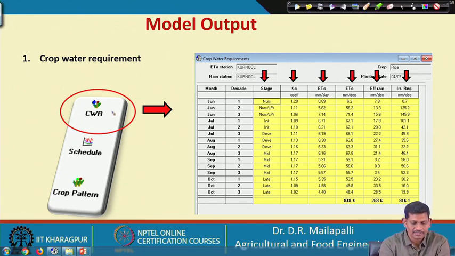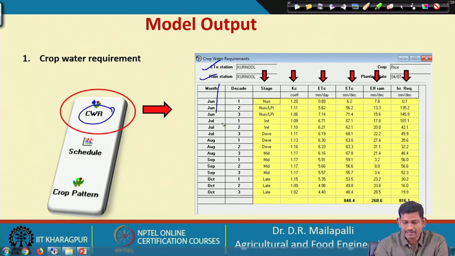If you see crop water requirement, CWR, the window looks like this: ET0 station, rain station, and then the month in column number 1, then decade. Decade in the sense the first 10 days, second 10 days, third 10 days, okay, in a month. So, a stage here, nursery stage, right, all these stages are given, Kc value for different stages, ETc, the crop water